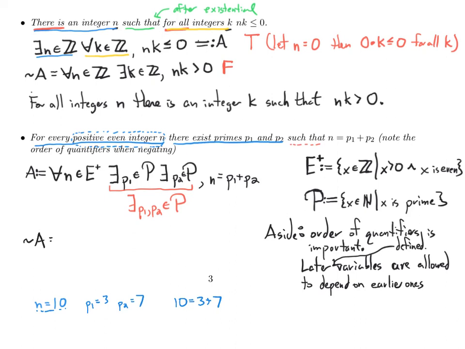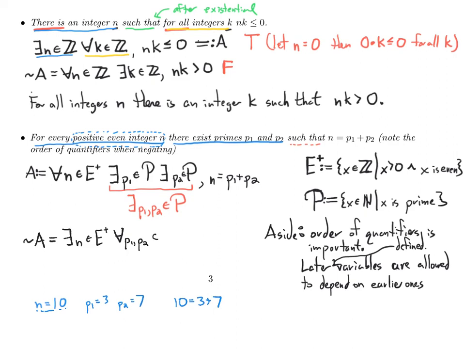So if this isn't true, that must mean there's an n where this doesn't hold. So there exists an even integer n such that for all, and I'll use this combined notation, for all primes, P1 and P2,